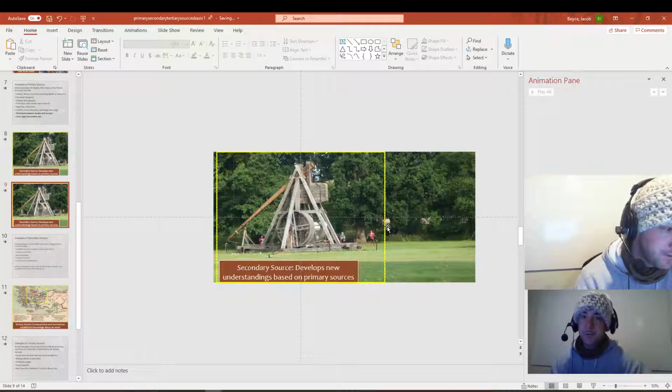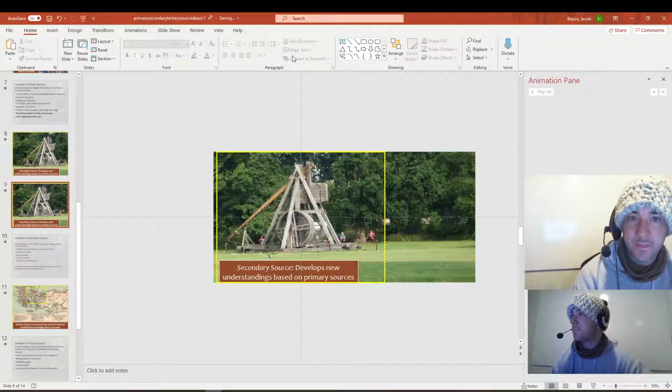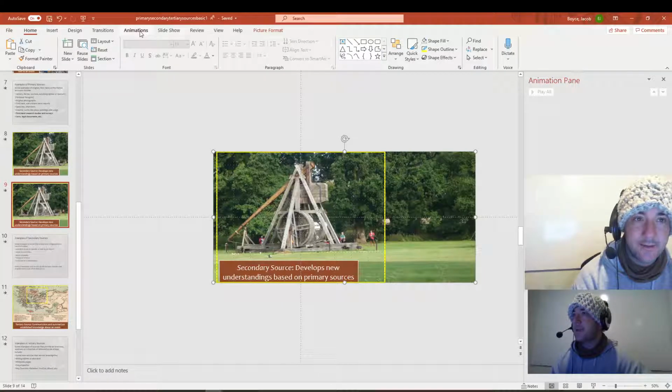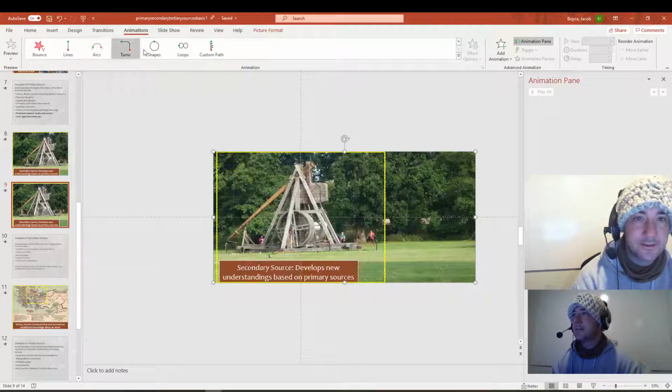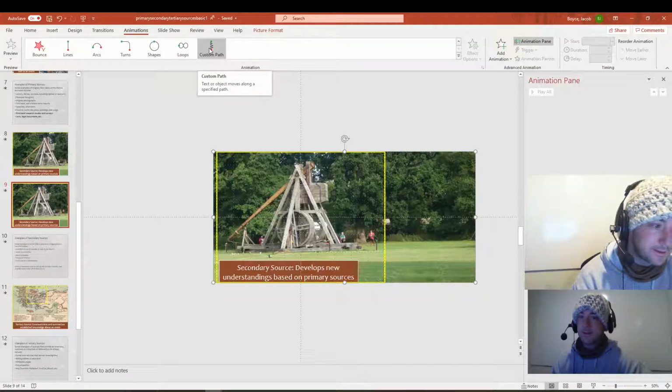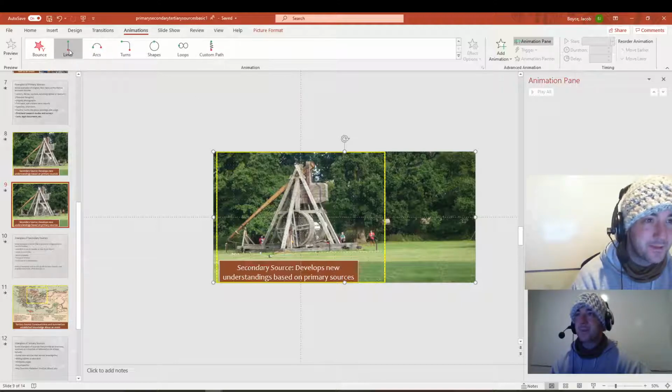Alright, now, to animate it. I'm going to use the line tool. I'm going to go back into, select this guy, use the animations, and go all the way down to the line. So the custom path is the one that you saw with the first one. That's definitely the most difficult. The line,